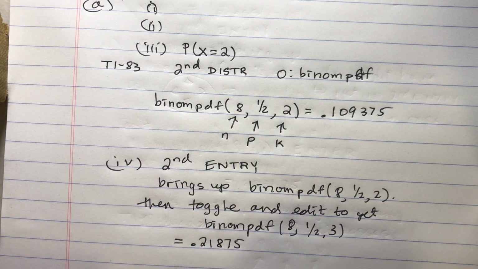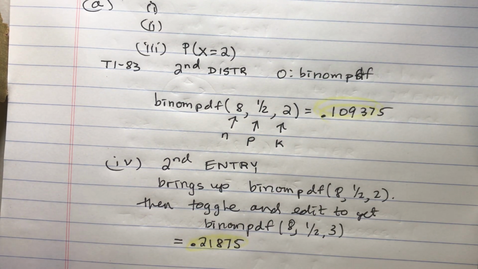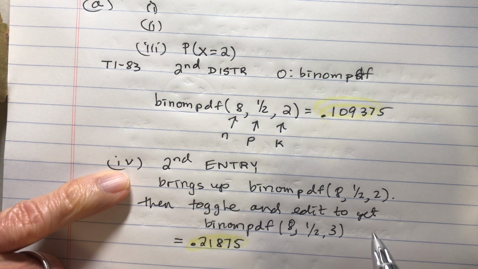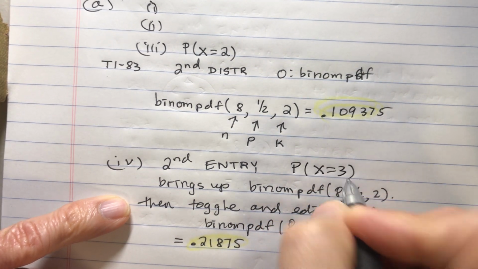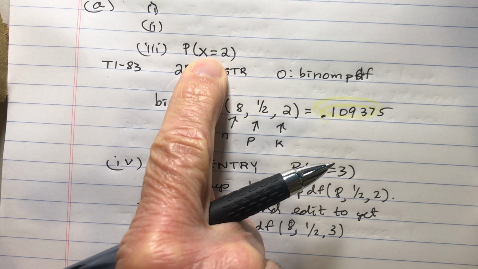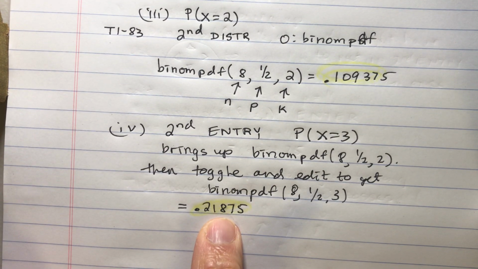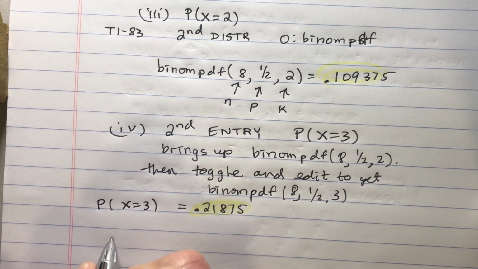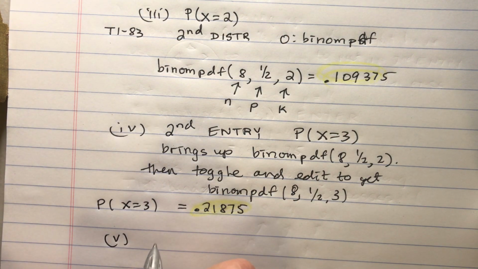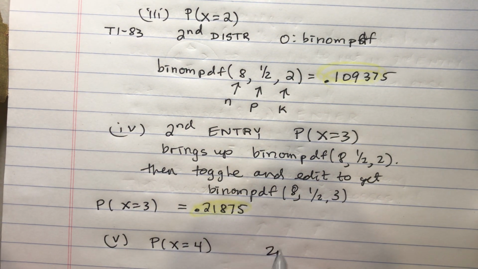So it's more likely that you're going to get 3 tosses. Oh, sorry, I didn't say what I'm doing on this one. This one is probability X equals 3. So this over here is probability X equals 2. This is probability X equals 3. So you're more likely to get 3 tosses than you are to just get 2 tosses, which is sort of what you would think. The next, for probability X equals 4, you're going to do second entry